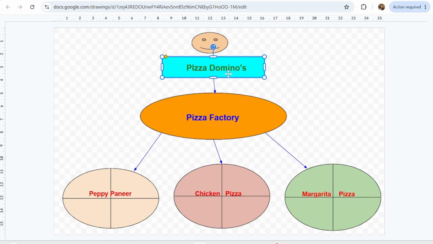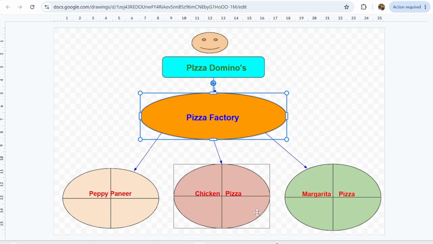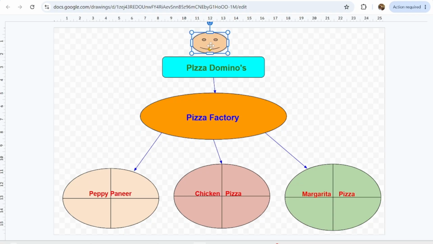And the counter will take the pizza name, and accordingly it will process it. Accordingly internally it will call that process, like whether it is pepper paneer or chicken pizza or margherita pizza. As per your request it will process, and it will prepare that pizza and return it to the customer, and the customer will be happy after getting their pizza.